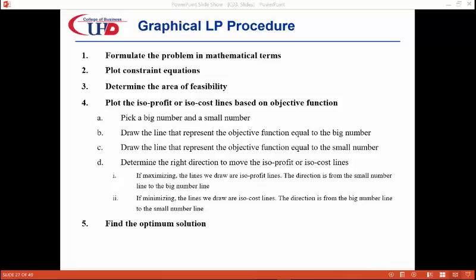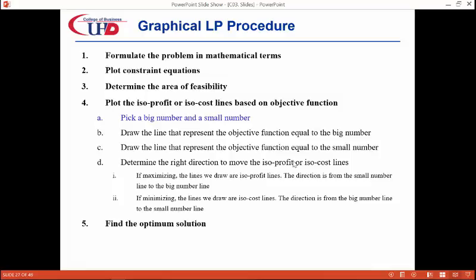In step 4, our attention is turned to the objective function. We need to figure out the ISO line based on the objective function. If the objective is to maximize profit, we call those lines ISO profit lines. If it is to minimize cost, we call them ISO cost lines. In detail, we need to,